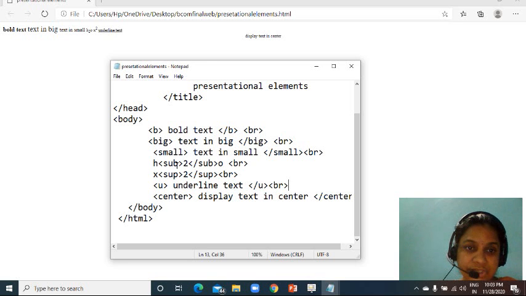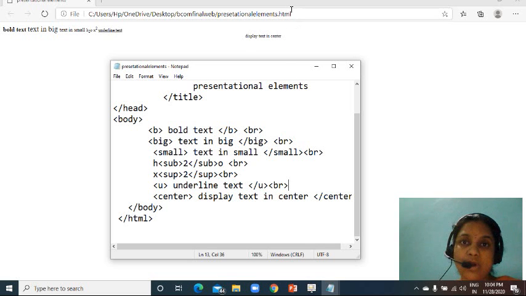That means I used the starting sub tag and ending sub tag, and used O. Next here x square, the 2 must come on top. That's why I used super, SUP. Next this underline text, I wanted to get a line, that's why I used underline. And the center, this is going to be displayed in the center.